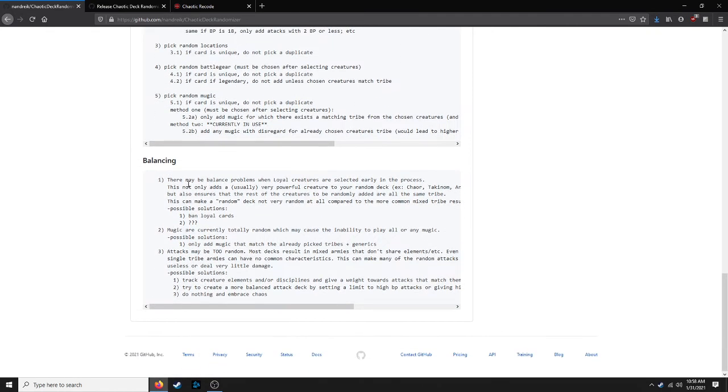So I'll quickly go into some balancing issues that I could probably attempt to mitigate, but generally there are like three main things. The first of which is if the first creature that is randomly added to your deck is loyal, say Takinam the Shadow Knight or Kaor, then the rest of the creatures also have to match that tribe, and this kind of creates a less random outcome for your deck, of course,